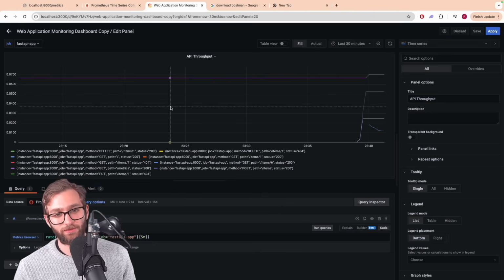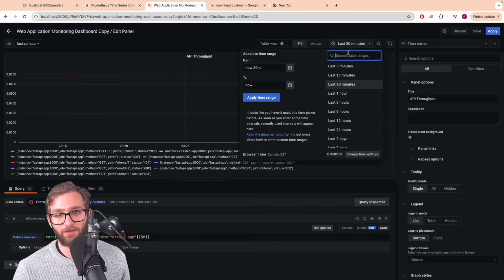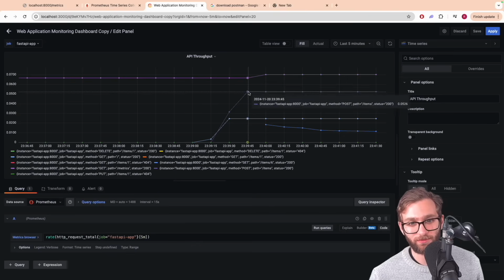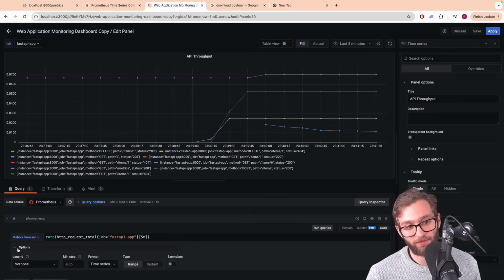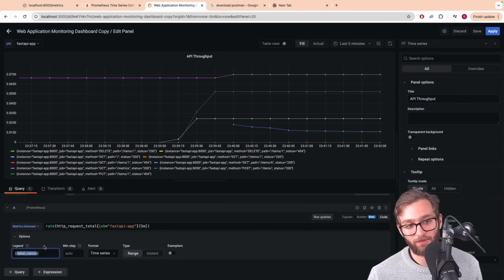All right, so this shows us that there have been 0.067 requests per second for the path slash metrics. Let's view the last 5 minutes. 0.0526 for the POST method slash items, so on and so forth. But now these legends are very verbose. Well, it follows that the options is set to verbose. We don't want to show every single label for each time series. We want to have a custom legend